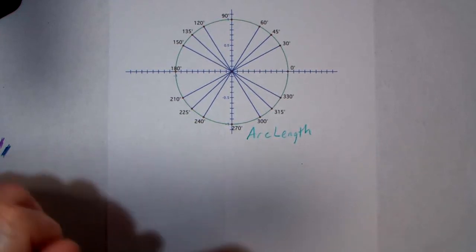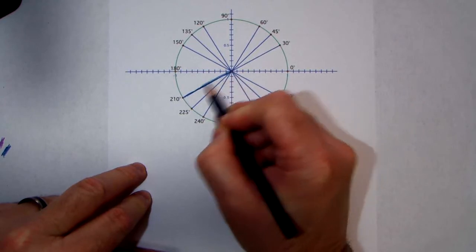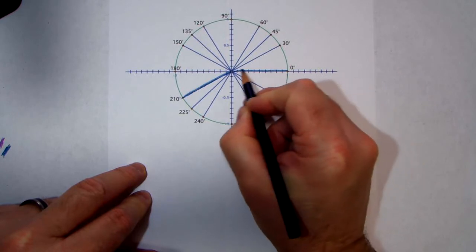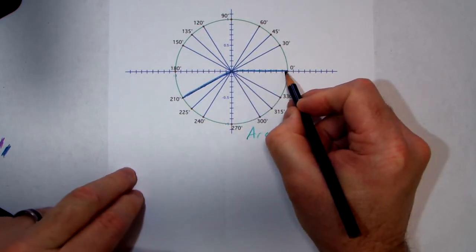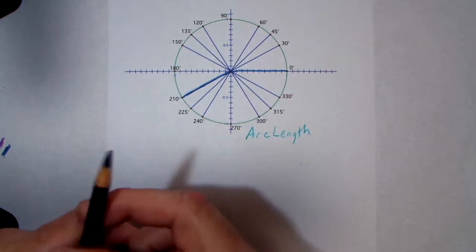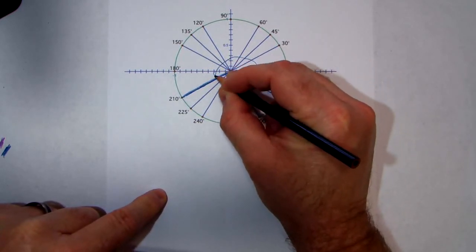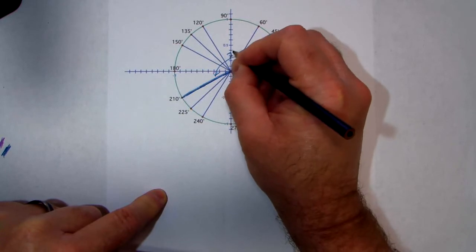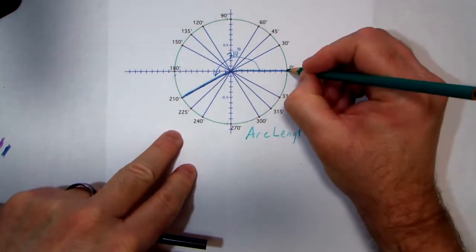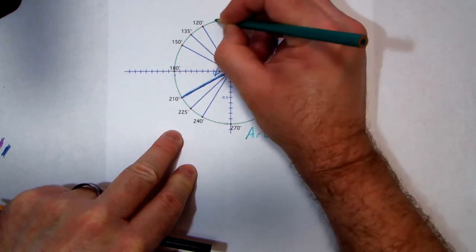So I'm going to do an arc length for a 210 degree angle of rotation. Remember that when we're talking about angles of rotation, we start on the x-axis, between the first and fourth quadrants. Right here, this is 0 degrees. And then we rotate the radius, in this case 210 degrees. If we track this endpoint of it, that's going to sweep an arc around the circle. It goes all the way around here